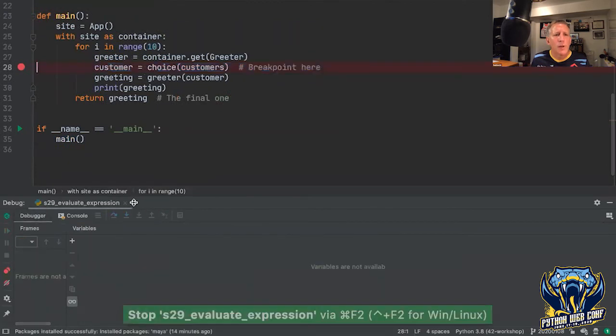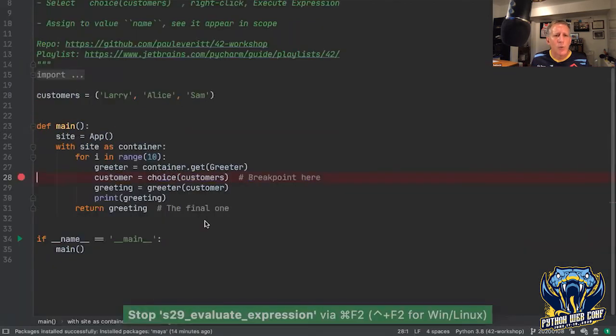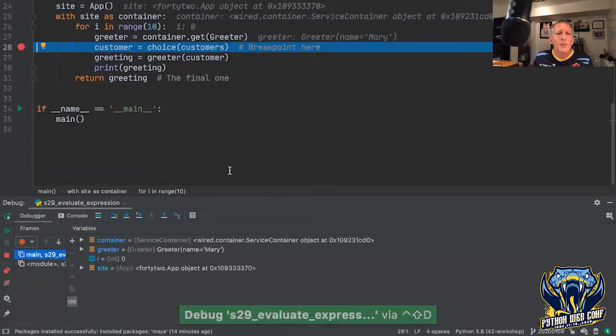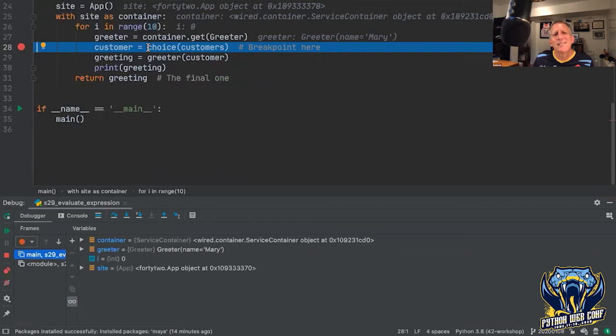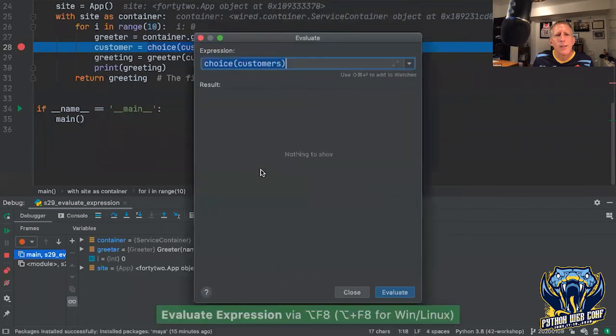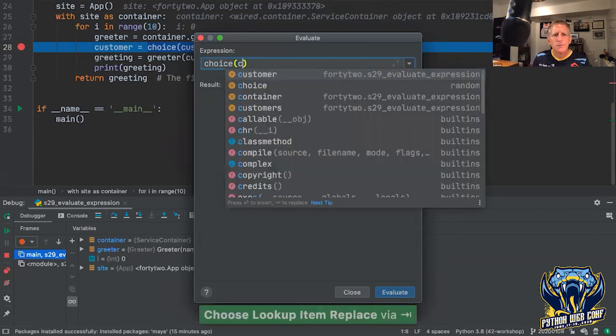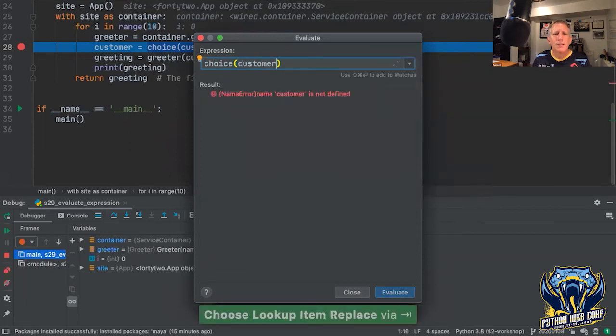I will also point out that I could also right click anywhere in here and debug. It's going to stop on that line and I'm like, what is this really doing? So I will highlight that code, right click on it, evaluate expression. It saved me the typing. I could have just done, when I hit enter, it will